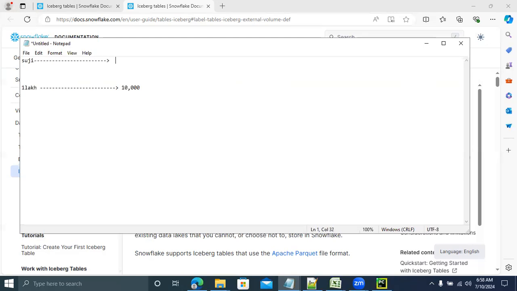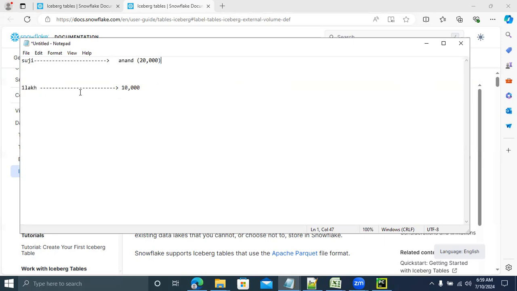Okay. Now, Sujita is paying Anand. Anand already has the amount of 20,000 rupees. If Sujita is crediting 10,000 rupees, what will Anand's total amount be? Sujita has 1 lakh rupees. She is crediting 10,000 rupees to Anand. Now, what amount will Anand have finally? 30,000 rupees he will have.